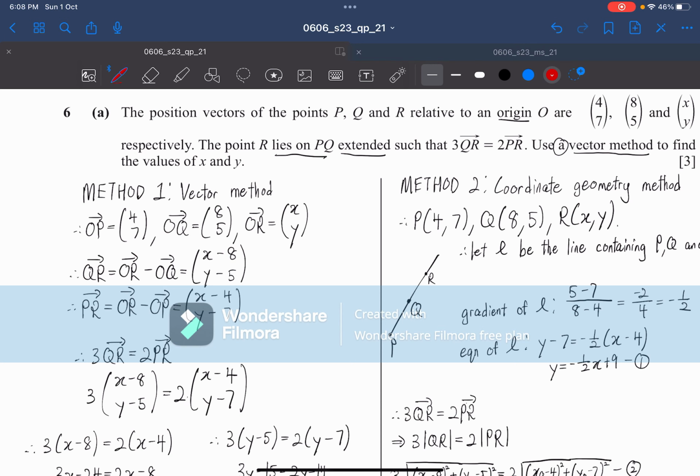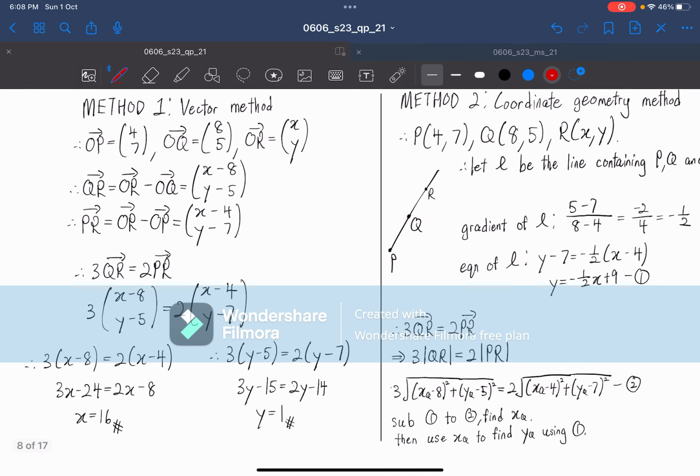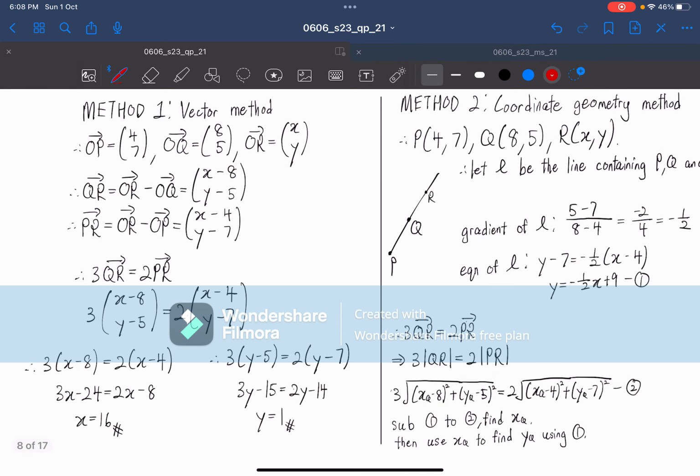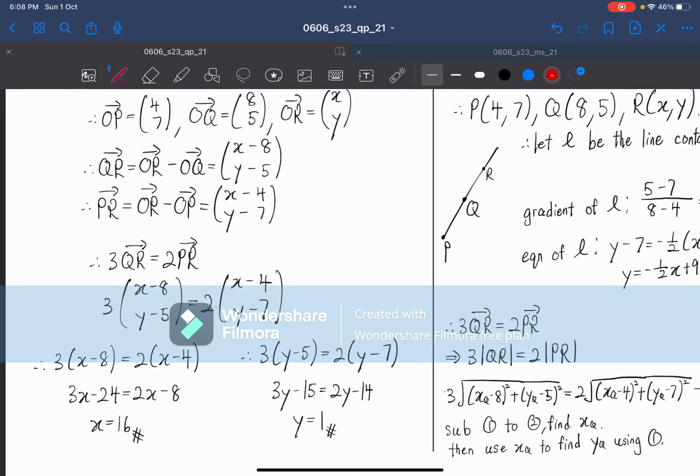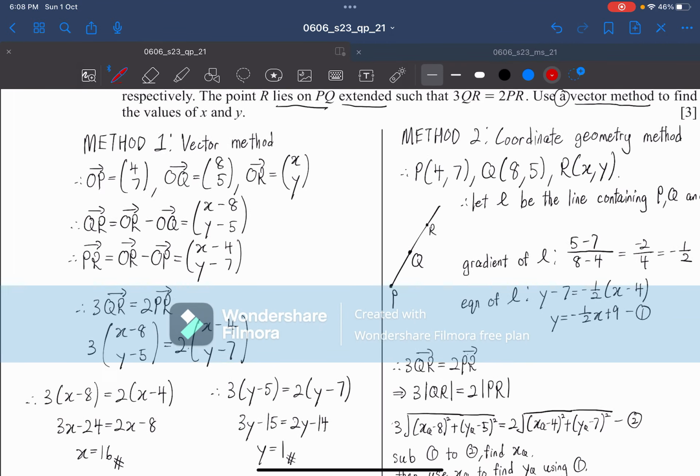So all you need to do is substitute the vectors of QR and PR in, then compare both sides of the equations, and you can get x equals 16 and y equals 1. Very straightforward, I know,